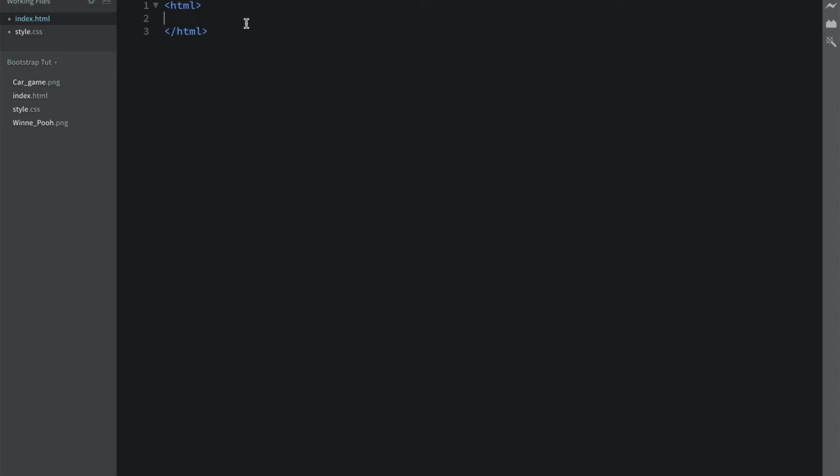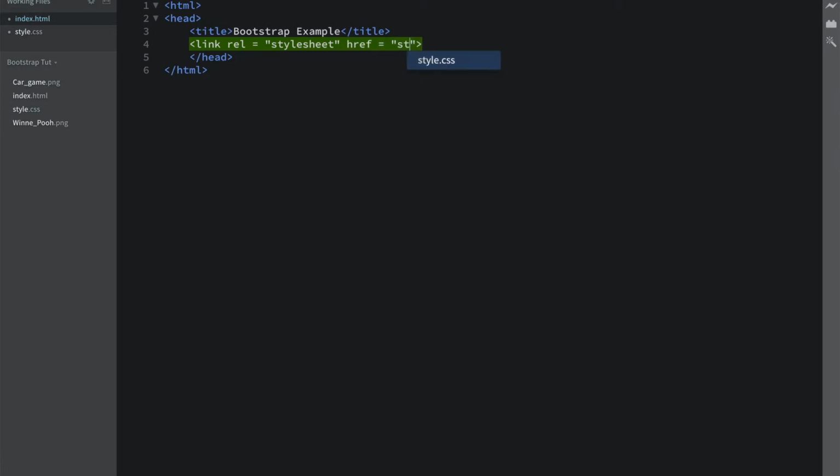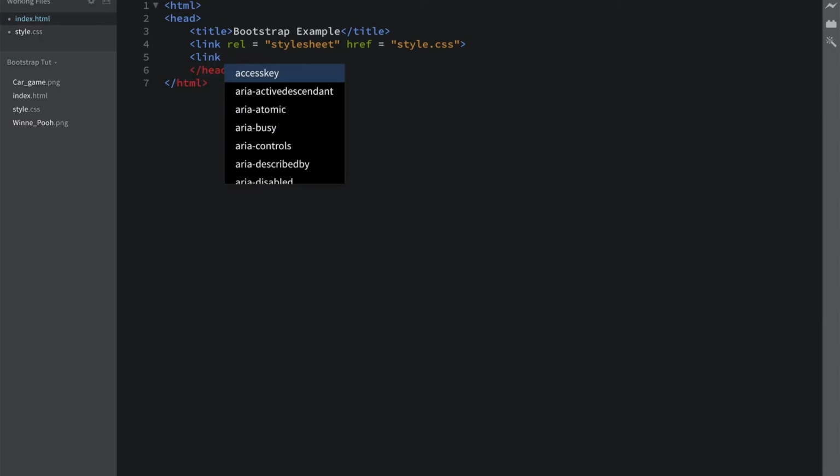HTML, and that should be a head, and that should be a title called Bootstrap example, and after that link rel equals style sheet, href equals style dot css. Okay, after we do that, we have to link the Bootstrap link